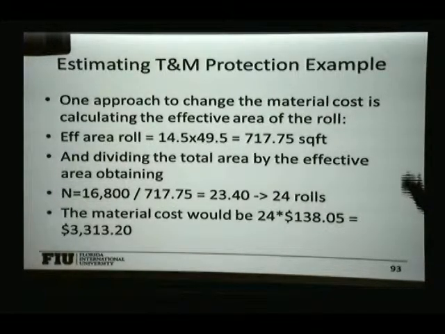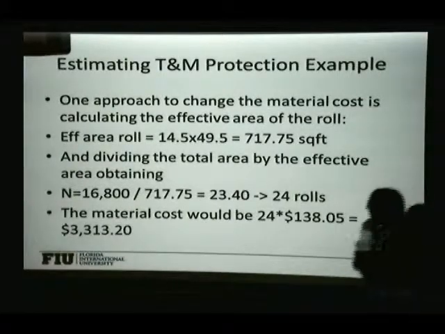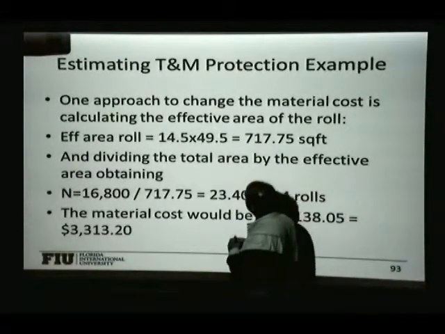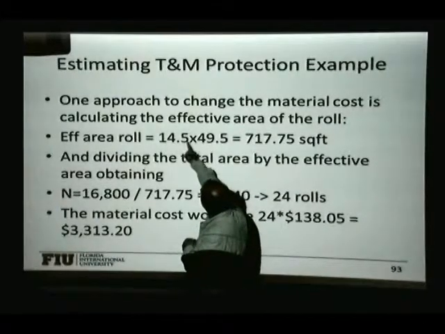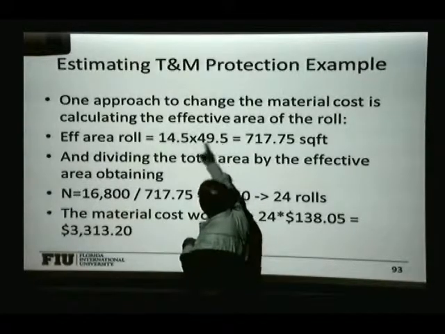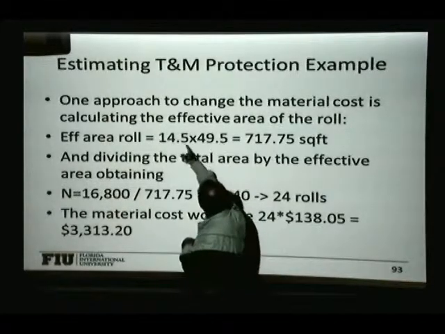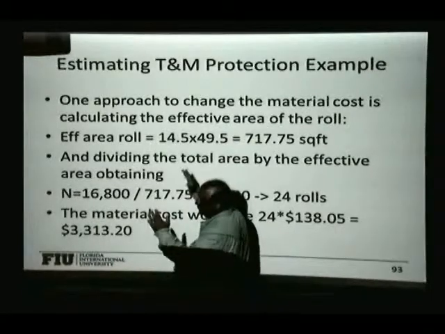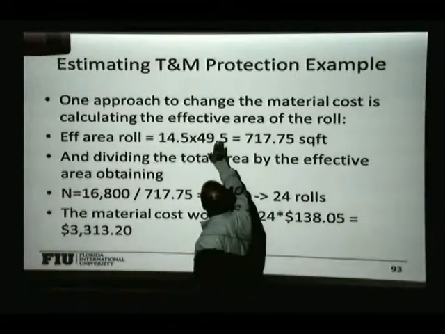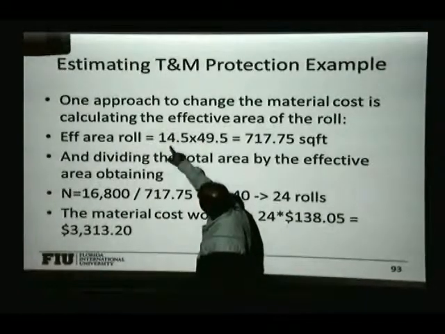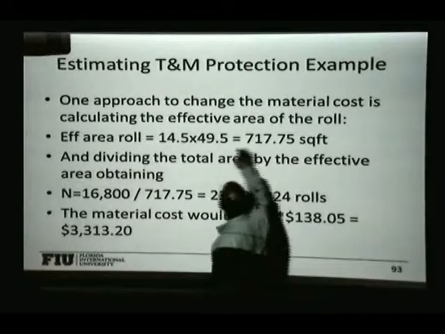So here in this example, the area of the roll, I believe, is 50 by 15, right? As we saw in the sheet. So it has a ½ inch on the side and ½ inch at the end, half of a foot, 6 inches on the side and 6 inches on the end. So from that area of the roll, you take out the 2 sections for the overlapping, and now the effective area is 14.5 by 49.5. That's